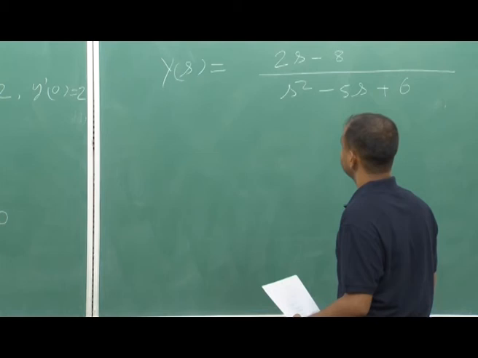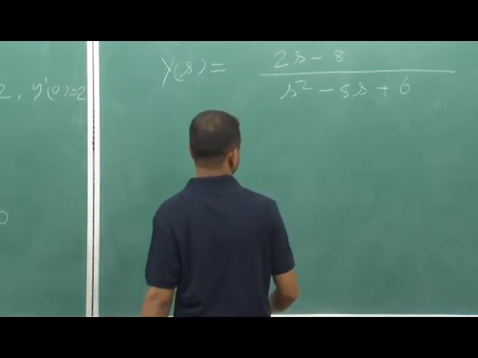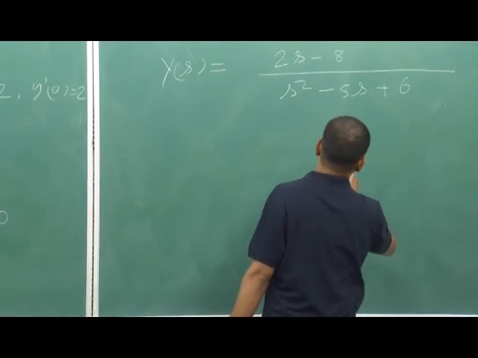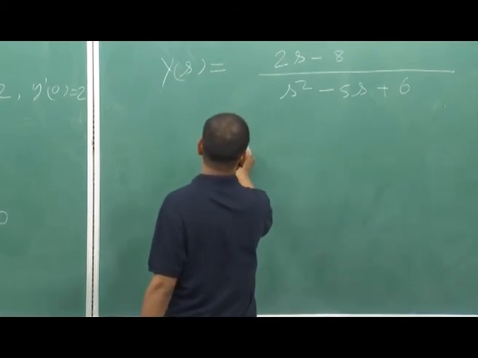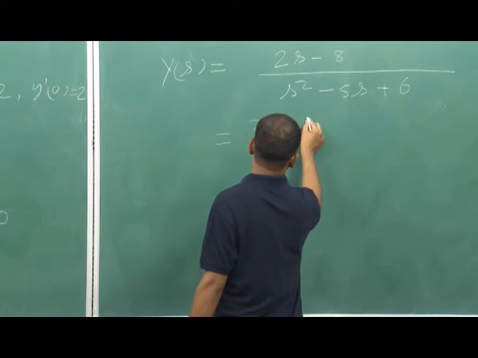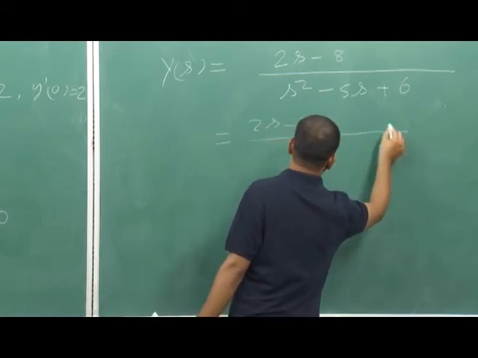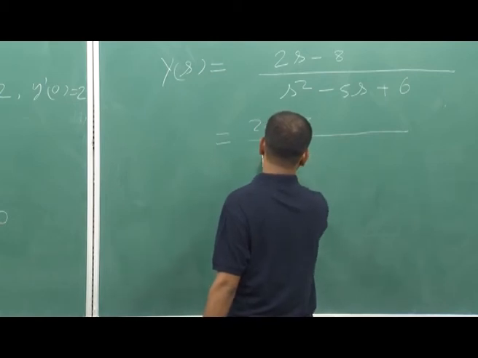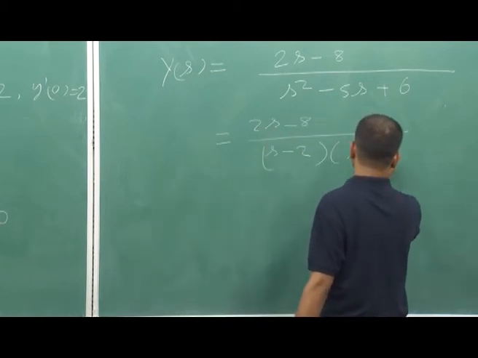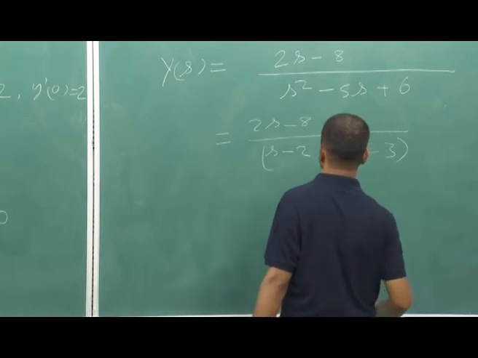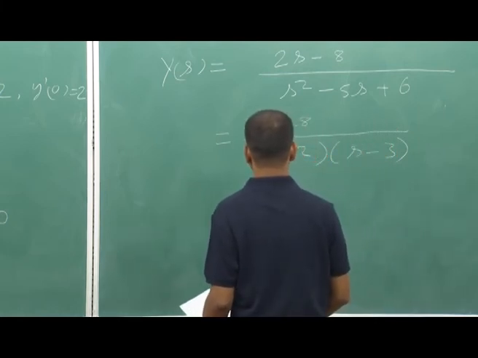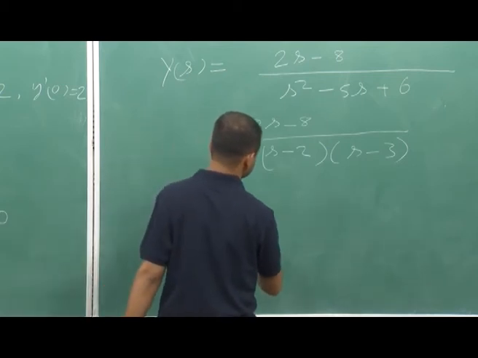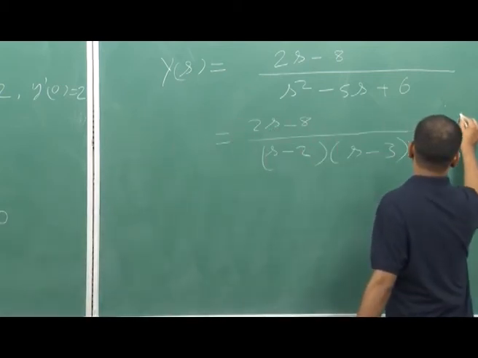And now, if we break it with the partial fraction, the s square minus 5s plus 6 we can write as s minus 2 into s minus 3, and if I break it into the partial fraction, I can write it is equal to A by s minus 2 plus B by s minus 3,